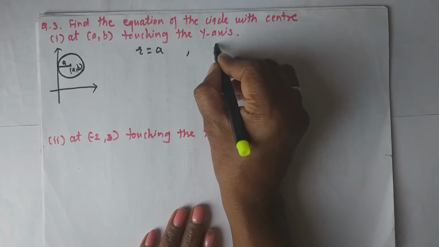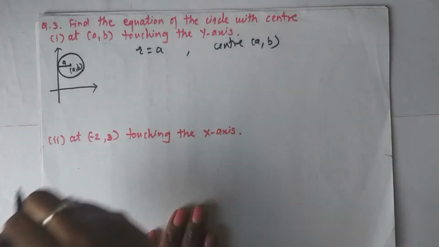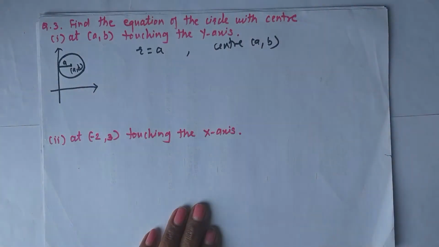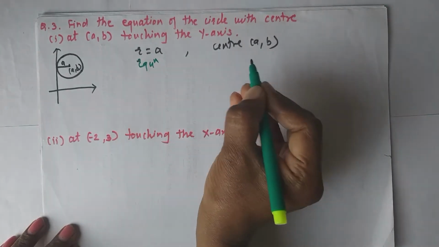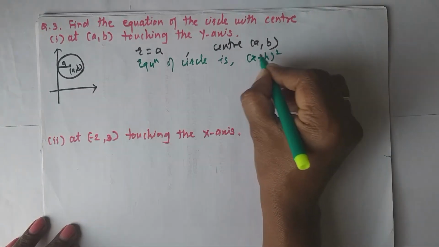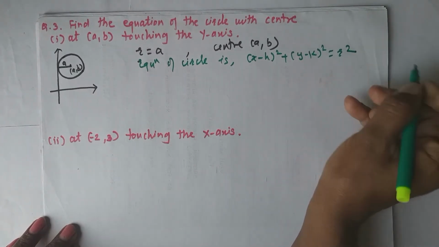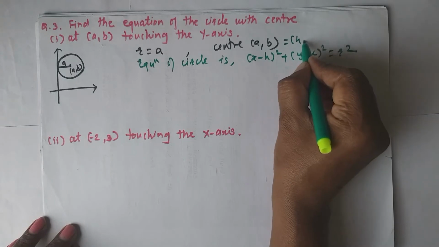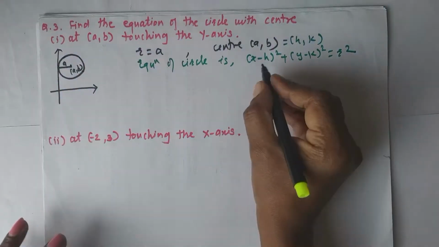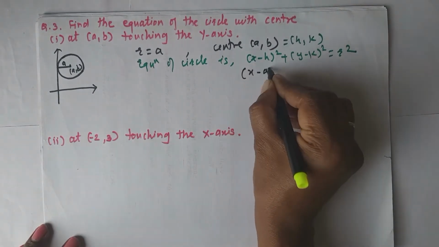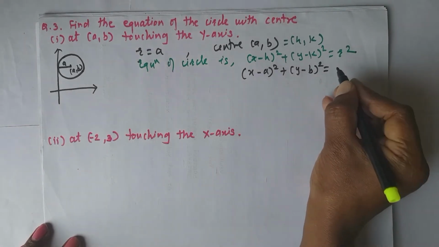Okay. Now what is center here? Center is (a, b), radius is a, and we have to find the equation of circle. Center is given, radius is given, then equation of circle in center radius form. What will be that? X minus h square plus y minus k square is equal to r square. Okay, here r is a, this is hk, means value of h is a, value of k is b. Okay, now put these values. X minus a square plus y minus b square is equal to a square.